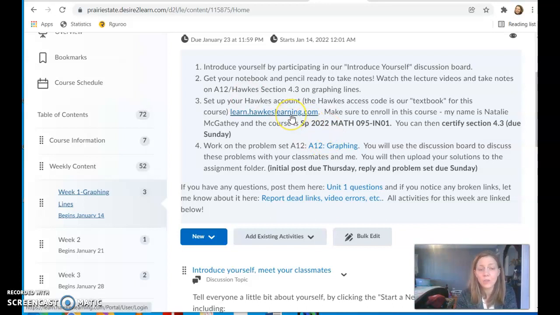Then you need to set up your account on Hawks, which is where you'll be doing all of your practice problems. Also, you'll be working on the problem set, which I had planned to be an in-class activity for you to work in groups, socially distanced groups. But we may have to move that over to the discussion board.